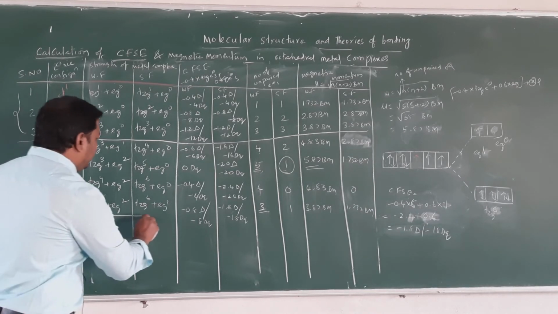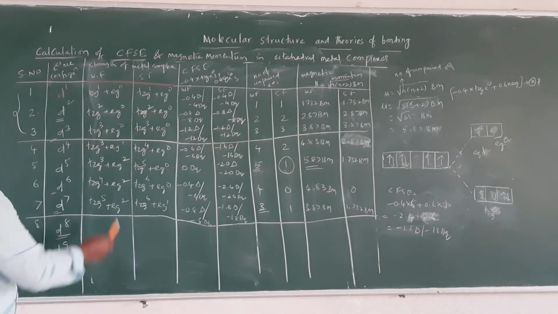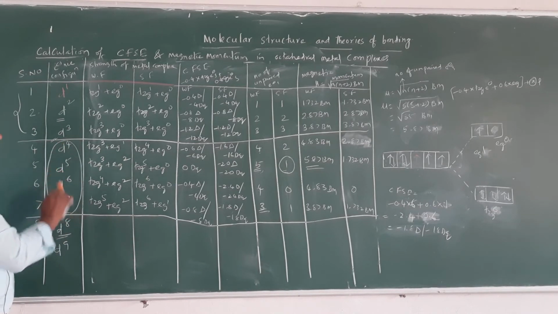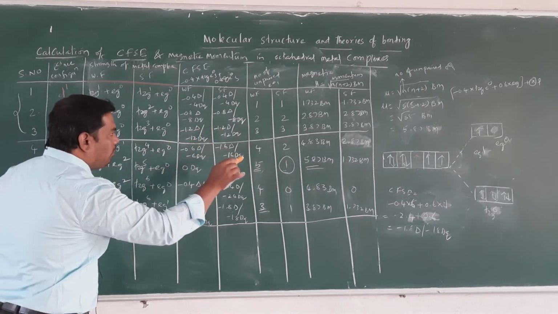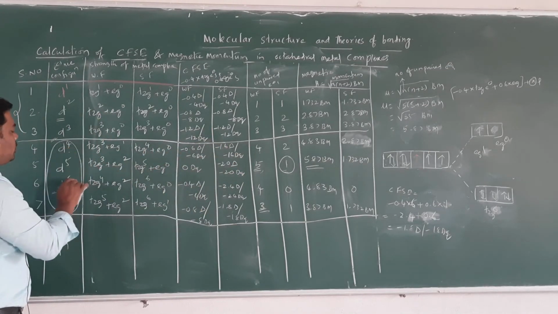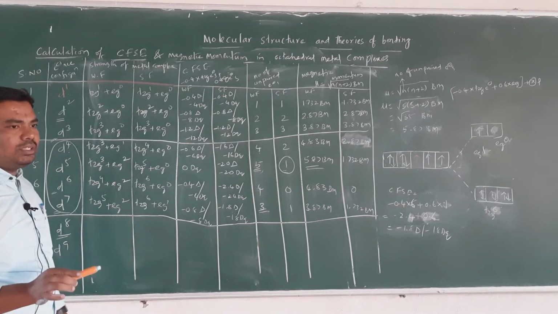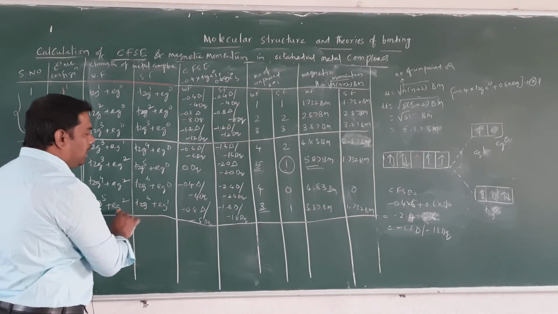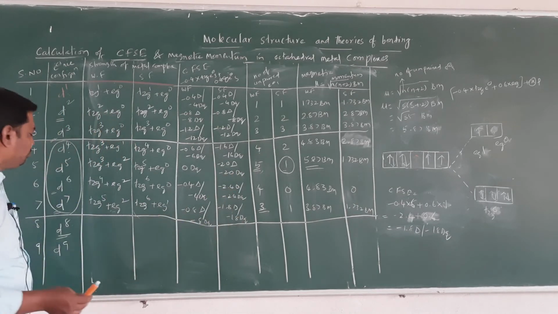So these values vary between weak field and strong field complexes only for d4, d5, d6, d7, remember. The CFSE values, number of unpaired electrons and magnetic moment values vary only for d4, d5, d6, d7, but for the remaining d1, d2, d3, d8, d9, all the values are the same. There is no need to worry about these complexes, because for both weak field and strong field the CFSE, configuration and magnetic moment are the same.